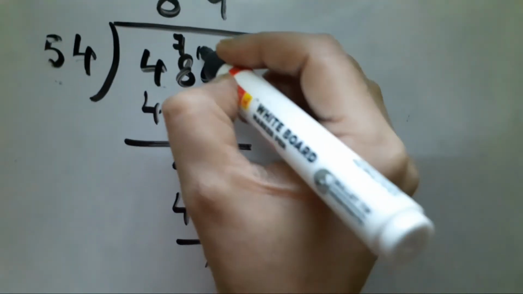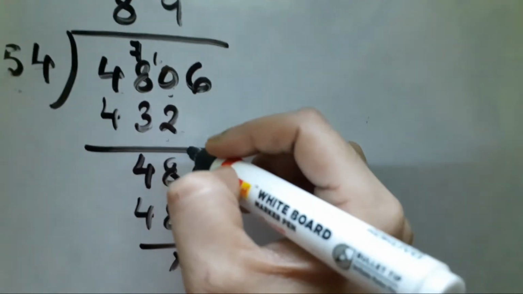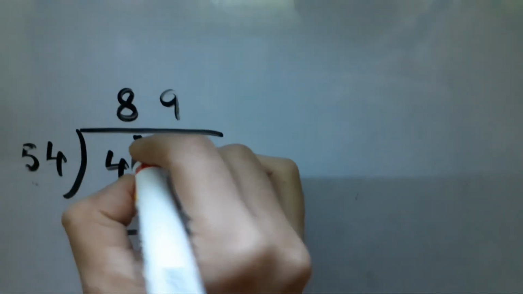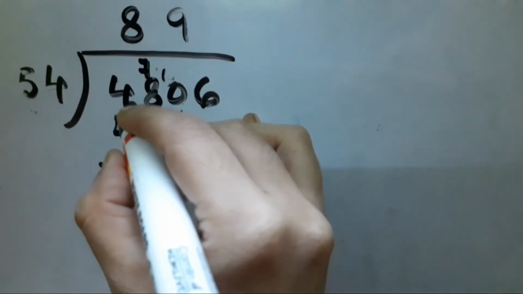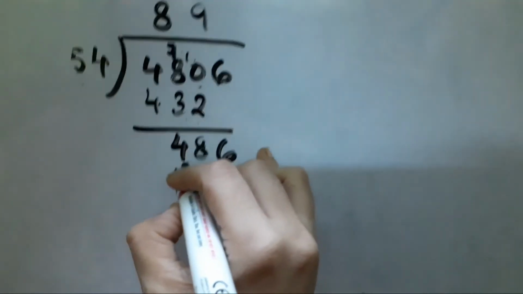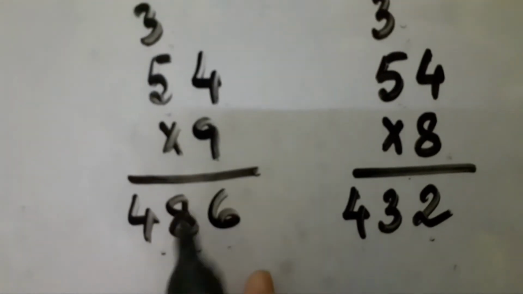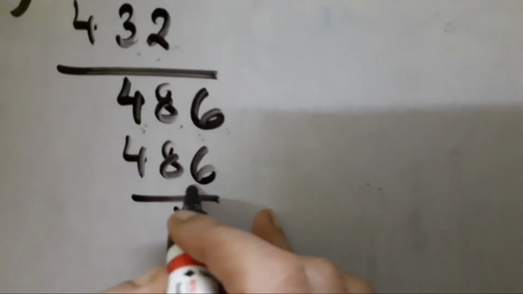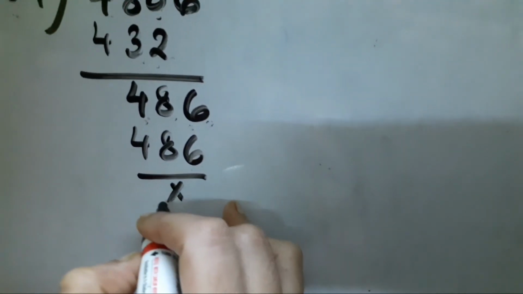0 is smaller than 2. So write 1 here. After 2, start counting 3 to 10. We will get 8. 1 we have taken extra. 8 minus 1 is 7. After 3, 4 comes. 4 to 7 count. 4, 5, 6, 7. 4. 4 minus 4 is 0. So we will bring down this 6. Now the number we get is 486. Already we have multiplied 54 by 9 and we got the product 486. That we will write here and subtract 486 from this 486. We will get 0. So I have put cross here.